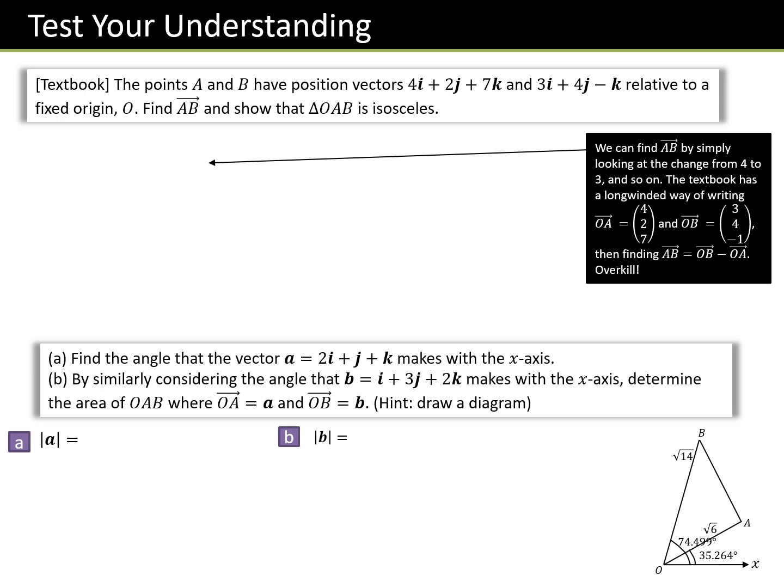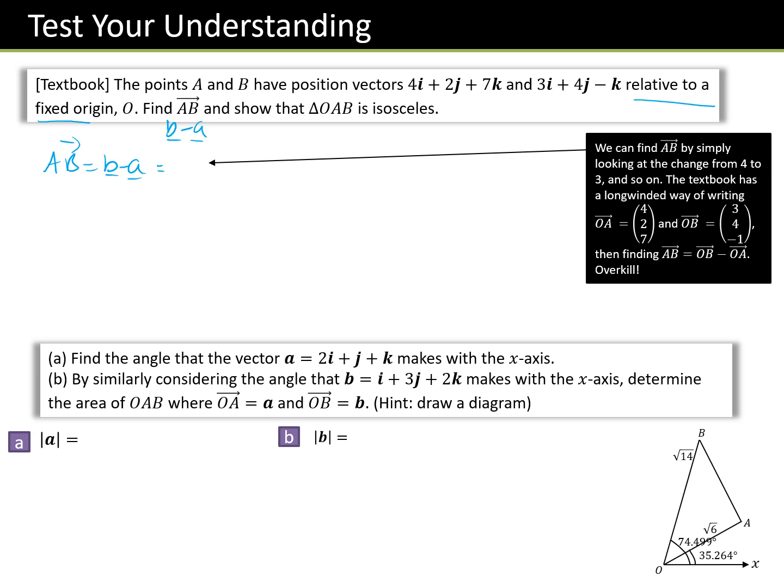So these examples are from the textbook, and we're told that A and B have these two position vectors, and those positions are relative to a fixed origin. So they both come from that common origin. Remember, we can apply that reverse vector to get from A to B. If they both come from the same origin, you would go back down A and along B, so we'd write that as B - A. So we've got to find that. So AB is going to be equal to B - A, which is going to be B,